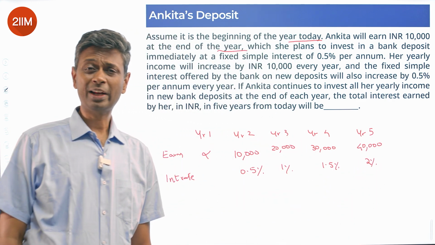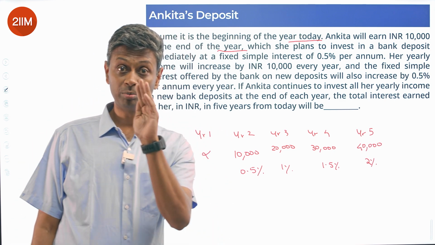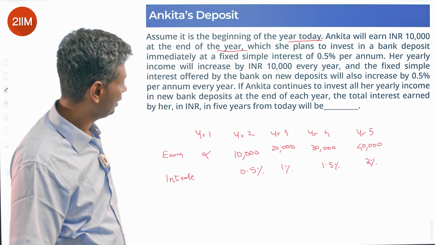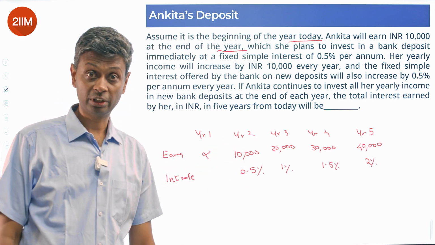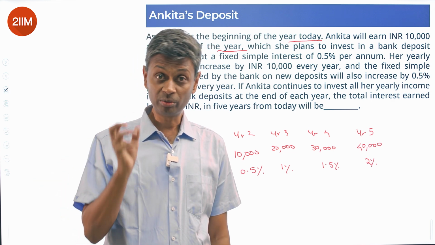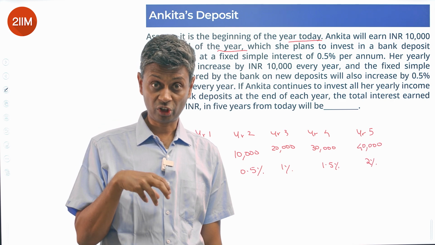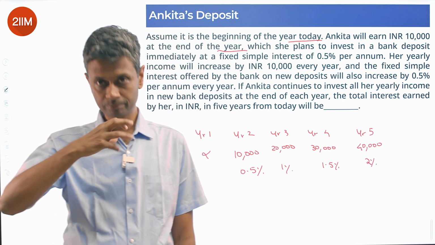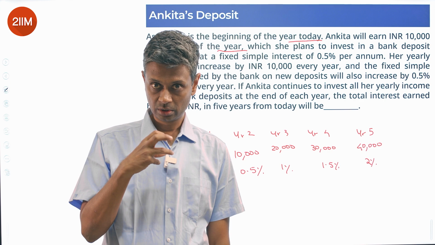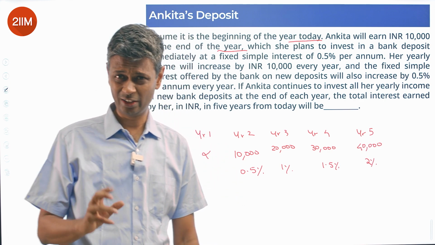And here is where I got a little bugged. So I'm putting 10,000 rupees at 0.5% simple interest, and 20,000 rupees at 1% simple interest. This 10,000 rupees at the end of year 2 on a simple interest basis, so I'm not getting interest on interest. On a simple interest basis, does it go to 1%? Does it earn 1% simple interest in year 2? That was the ambiguity I had. A little vague, this question is.